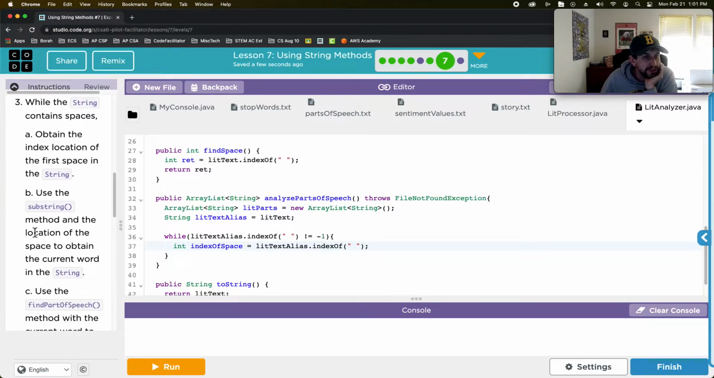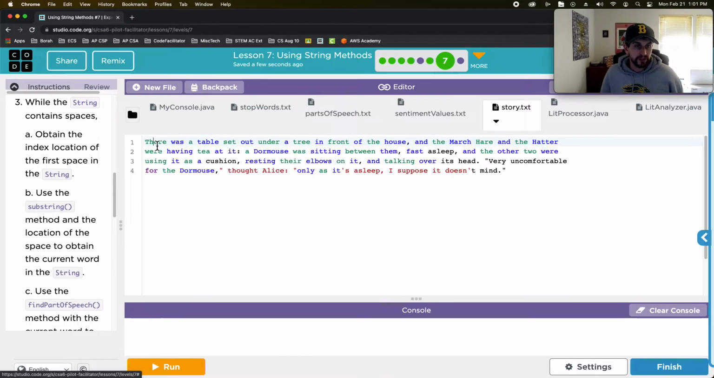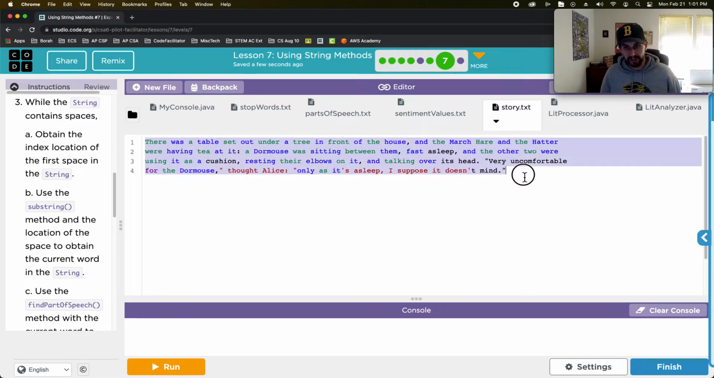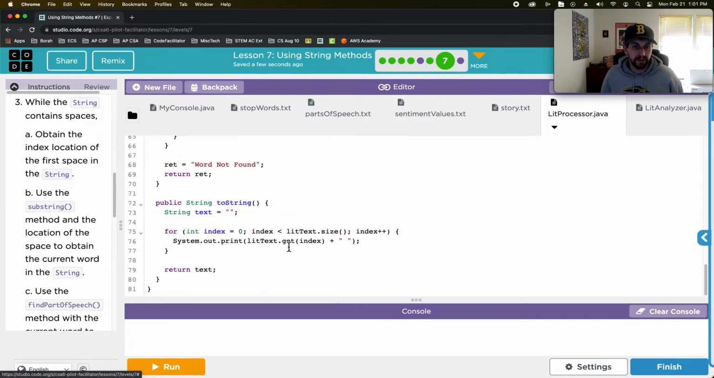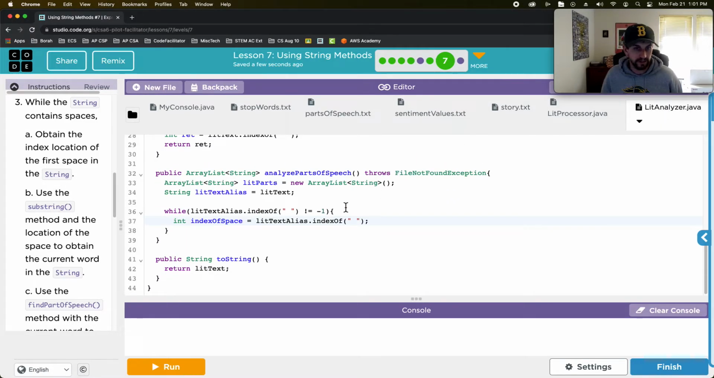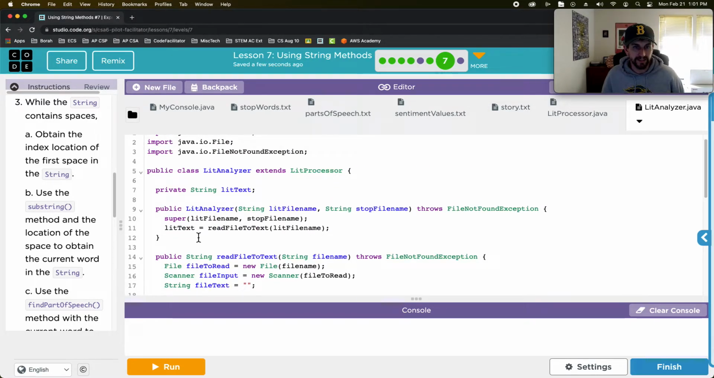Then it says use the substring method and the location of the space to obtain the current word in the string. Let me tell you what we're trying to do right now. Here's the story. What we are going to do is feed in every single word in the story. And that's an ArrayList currently. What is the name of it? Litparts. No, it's not. I'm sorry. It is